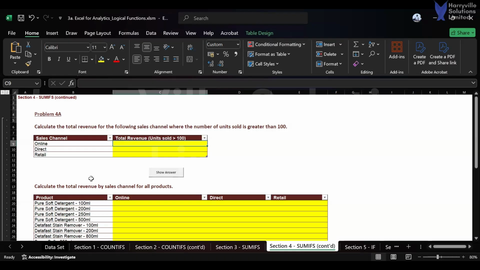So very quickly, let's go over this particular question again. The question says calculate the total revenue, which means you are going to be needing the revenue column, for the following sales channel. That is, we are also going to be needing the sales channel column from our data set. And also, where the number of units sold, we know the only column that can contain the number of units sold is the quantity, is greater than 100. That is, we are going to be making use of 3 different columns, and that is where SUMIFS comes in. So without wasting much time, I will say equals to SUMIFS,